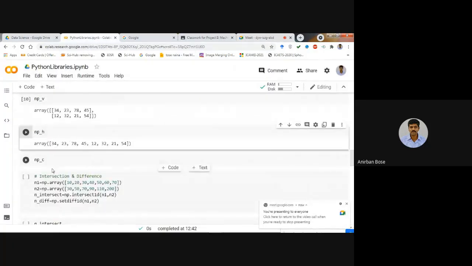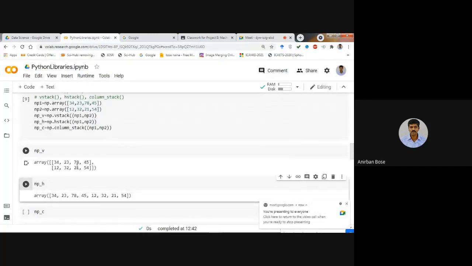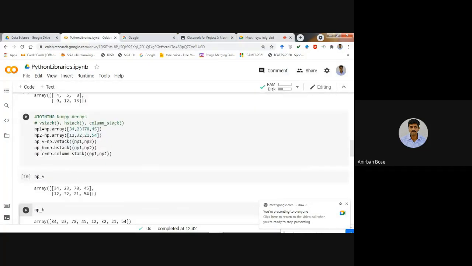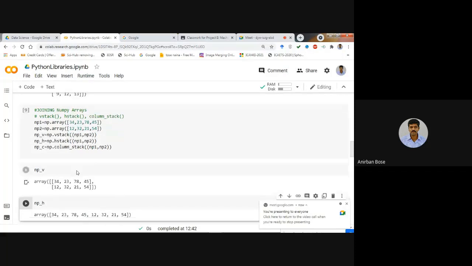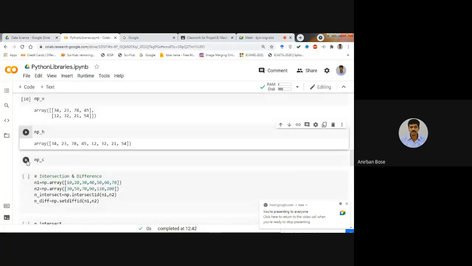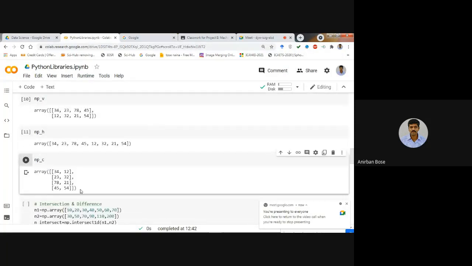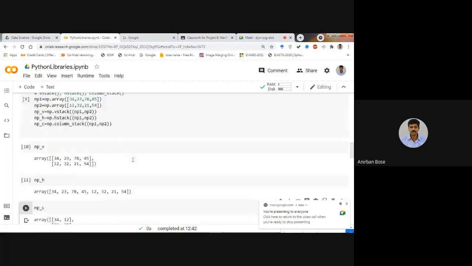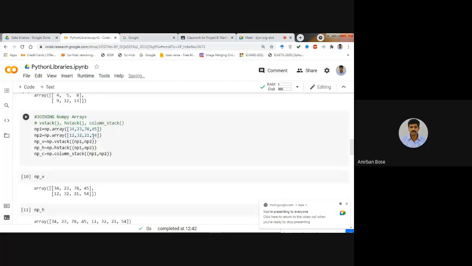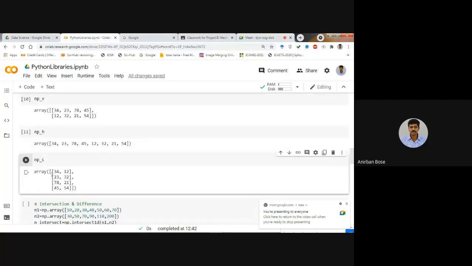Now the column stack is basically, each of the lists will be considered as one of the columns. If you just execute, you will understand that 34, 23, 78, 45, this was one list of np1. So that will come in a column, and this will come in another column.